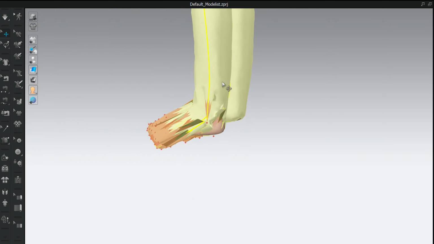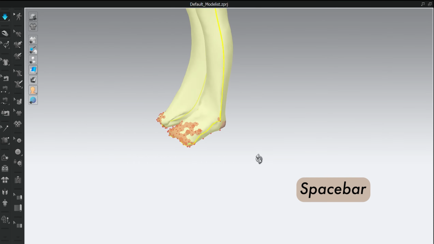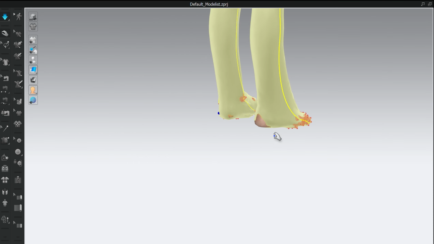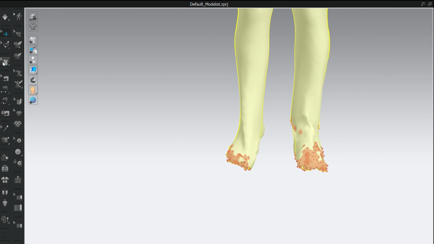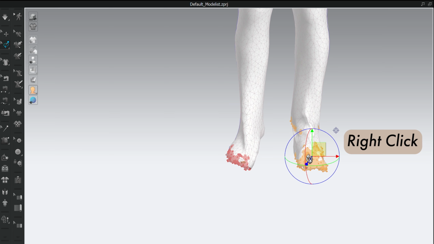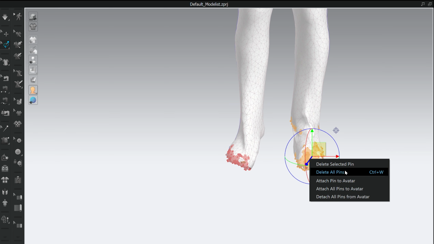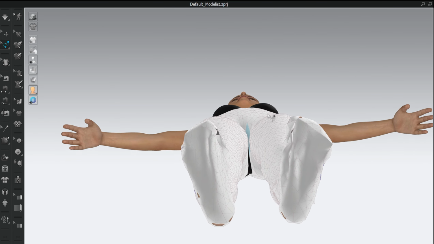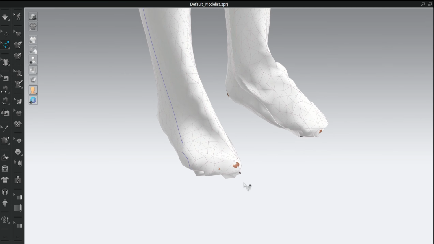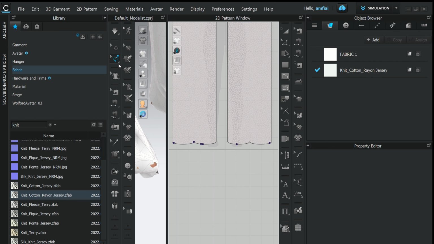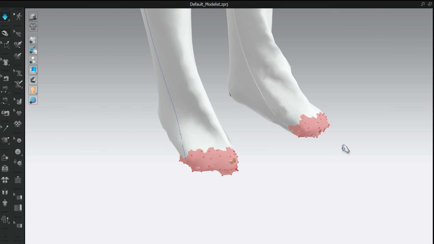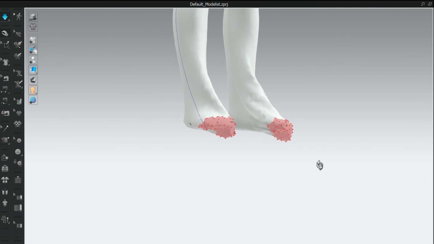And now we're just going to simulate again, and you can already see it's pulling around the heels. Now we're deleting our pins, delete all pins, and now you can see it still doesn't really look nice, but at least it looks okay. Now we're just pinning down with the same tool again, but this time in the pattern piece, around the tips of the toes to make it stick